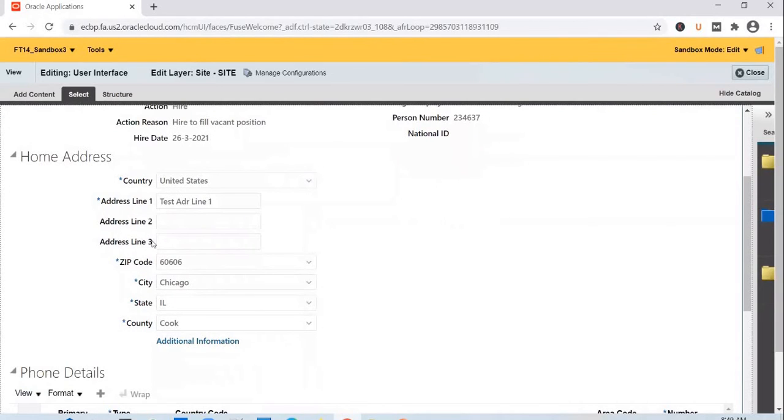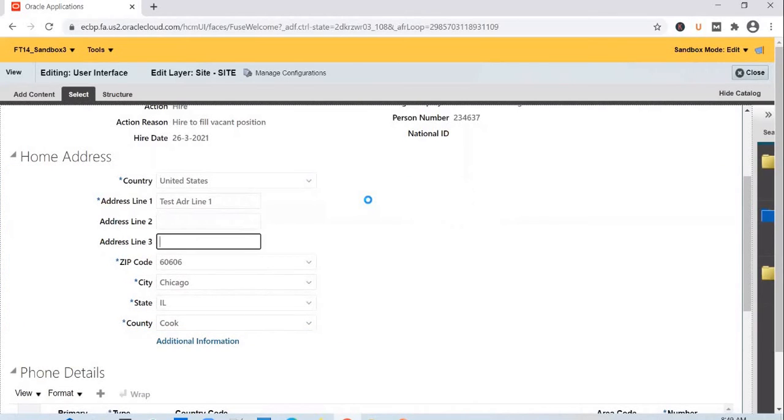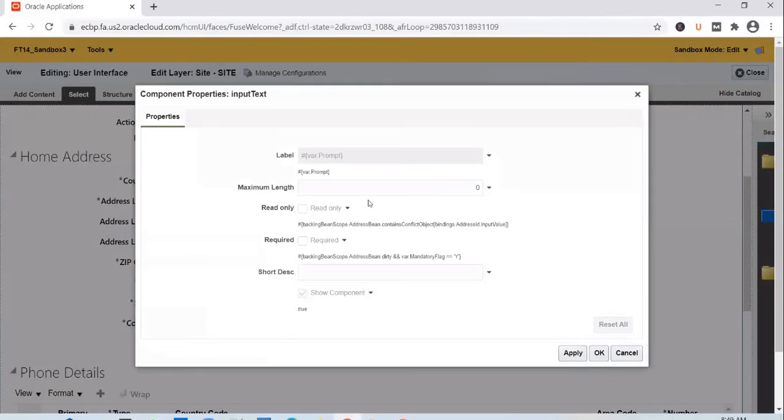Scroll down. And you want to make address line 3 mandatory. Select address line 3. Edit component. And you want to make it required, right? So if you click on the dropdown, click on expression builder,